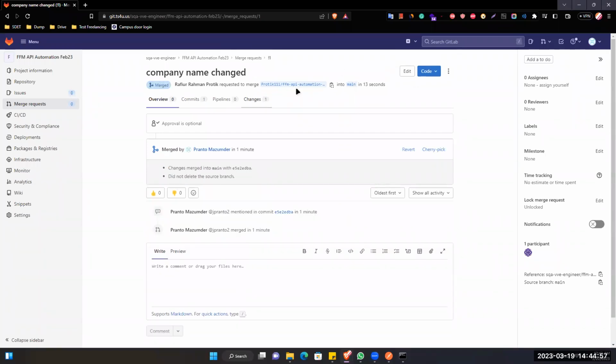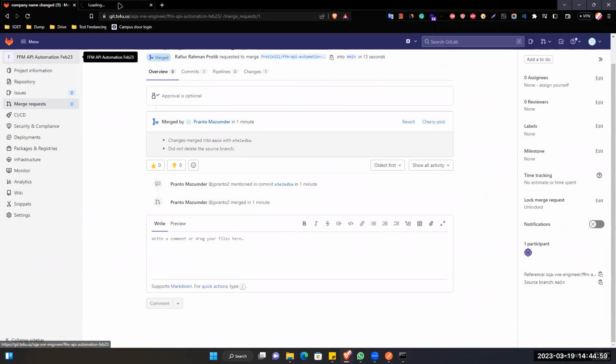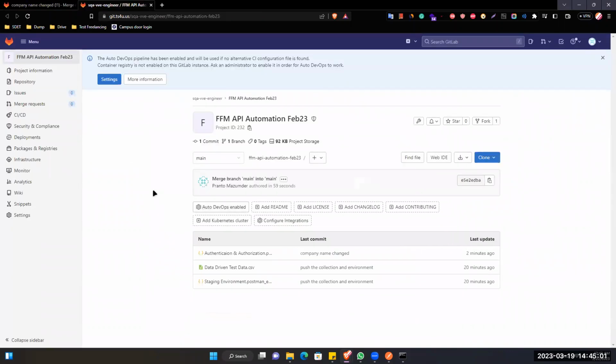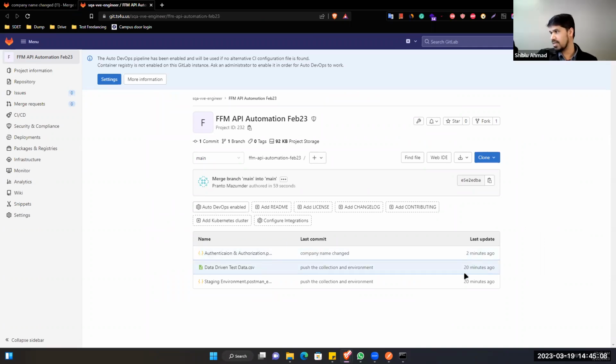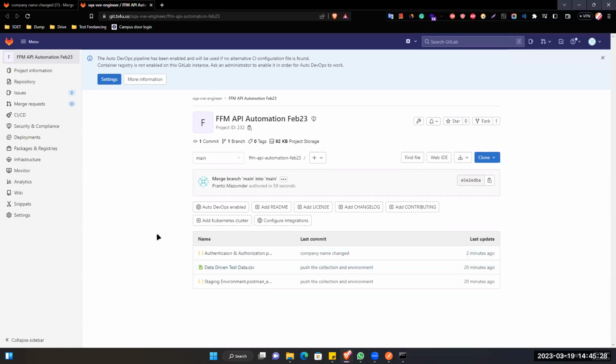Okay, so it's merged. If I go to my repository again, here I can see that it was updated 2 minutes ago. So he has done his part. He forked it, made the changes, and created a merge request, and the owner accepted it, and both code bases are now the same. So that's how collaboration works. What is next? Okay, so now